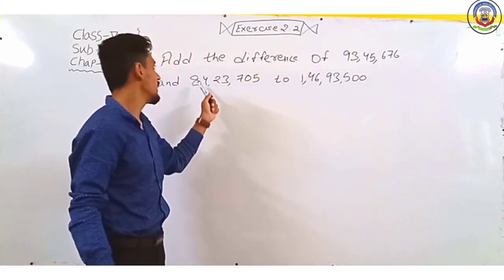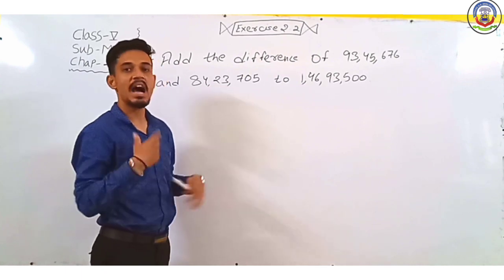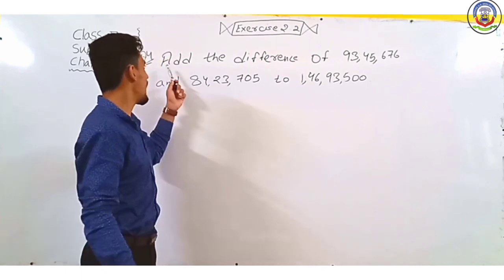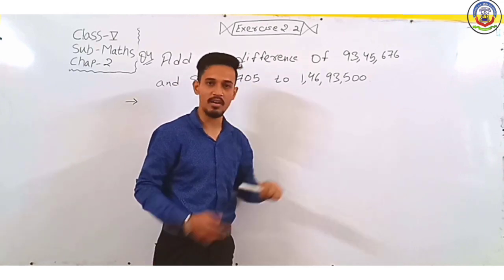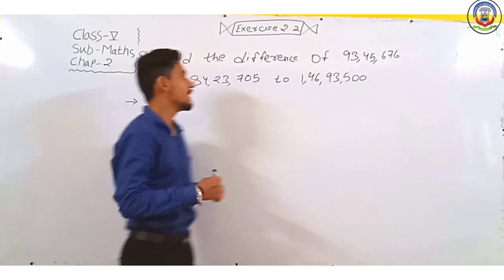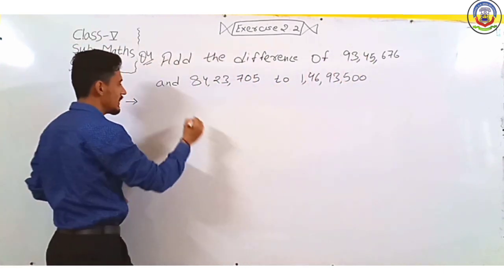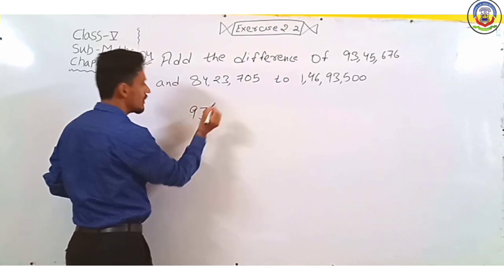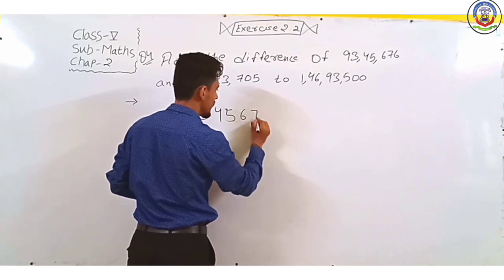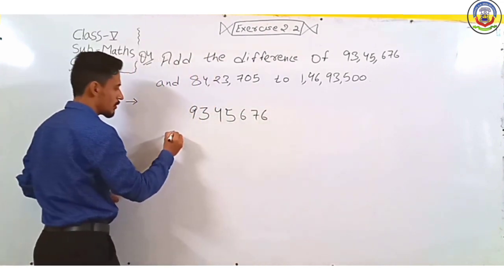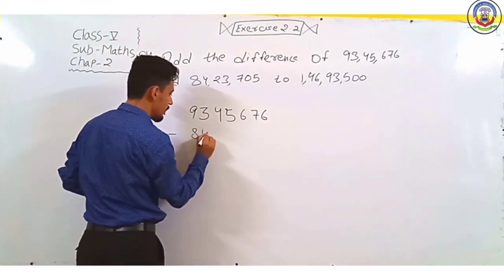93,45,676 एंड 84,23,705 का। फिर जो उसका आंसर आएगा उसमें हम लोग को एडिशन करना है 1,46,93,500. So let's see. First we have to write 93,45,676 और उसमें हम लोग को अभी क्या करना है? सब्ट्रैक्शन करना है। दिस वन दैट इज